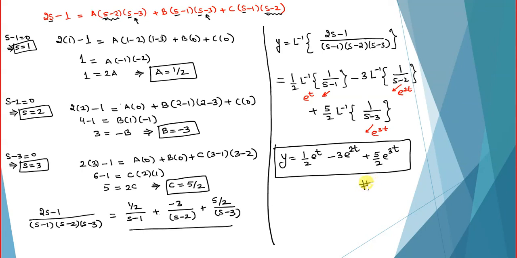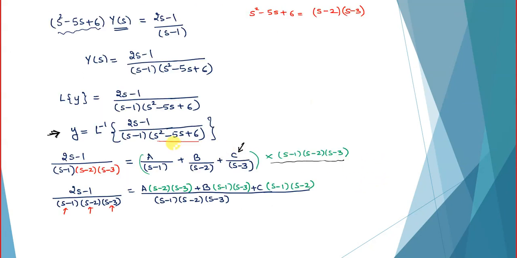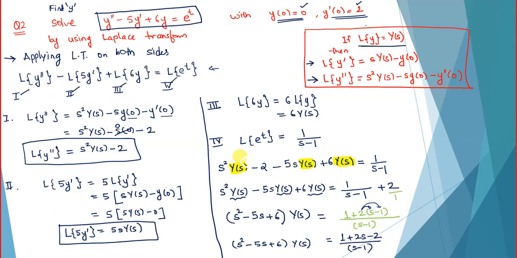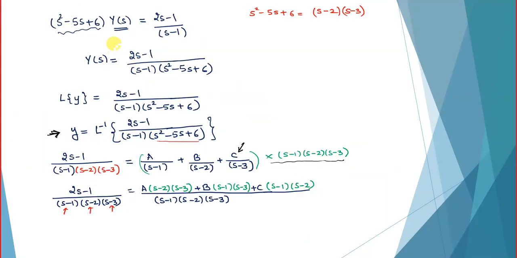So in this way, as we have solved it for this one by using this rule, sometimes it is possible that you have one linear and one quadratic factor, or a linear factor repeated twice. So all the possible cases are possible in this question as well. So the idea is to begin with applying the Laplace transform, then separate the term of y of s, get the value of y of s,